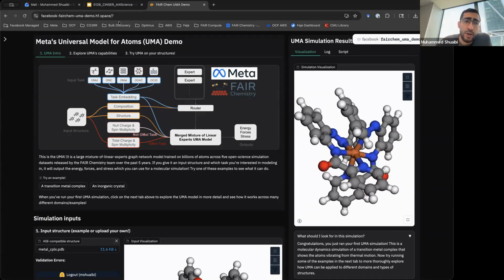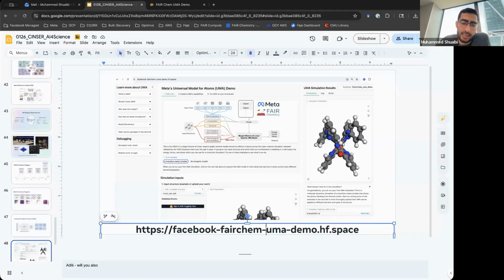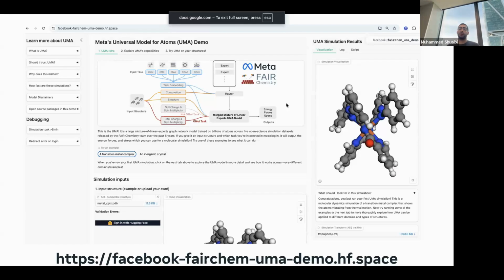This one you can access today at the following link, and we can probably share that. But we're working on a second version of this, which is more educational focused and more simplified for someone who may not know chemistry or materials at all, to use as a tool in your classic chemistry classes, honestly on any scale between high school and even grad school. We've seen this be incredibly useful.